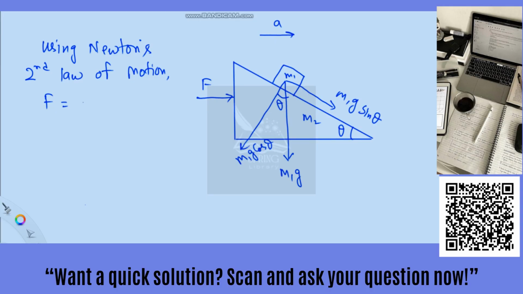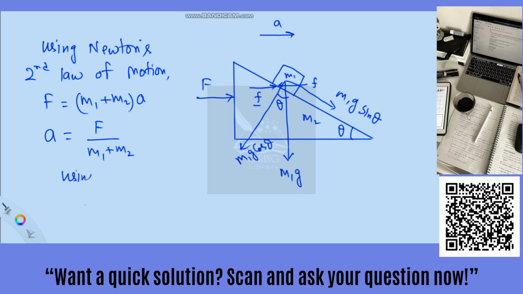Total force applied on the system F will be equal to the product of the total mass of the system, M1 plus M2, and acceleration. So this acceleration will be given by F divided by M1 plus M2. Now the force applied by the wedge surface over this block, suppose this is small f, the same force will be applied by the block on the surface of the wedge. So in order to find this f,